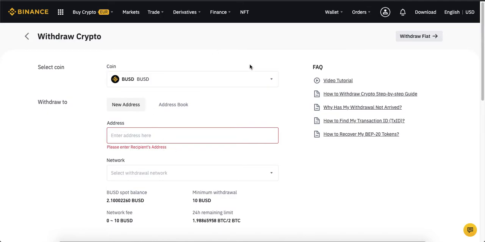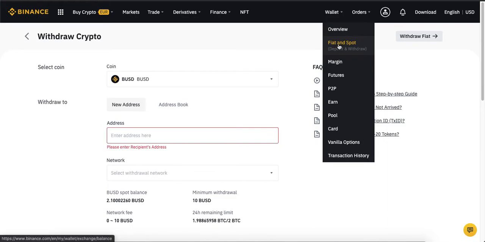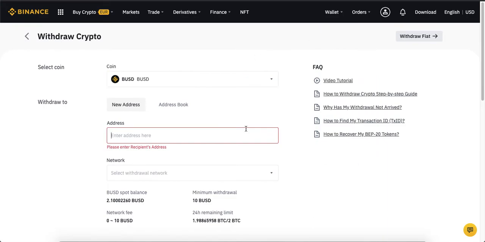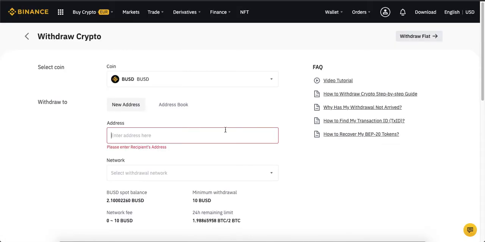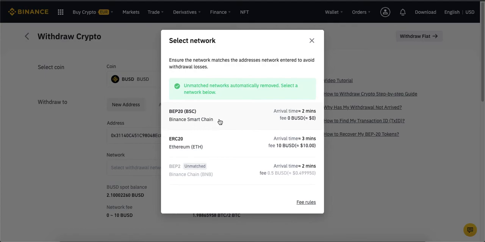And I'll tell you the reason why, because when you start transferring funds from Binance to your BSC MetaMask, this would work out the cheapest way. Because, for example, if I select the address here and I want to make a transfer from Binance to this BSC Smart Chain, as you can see, Binance supports both Ethereum and BSC options.